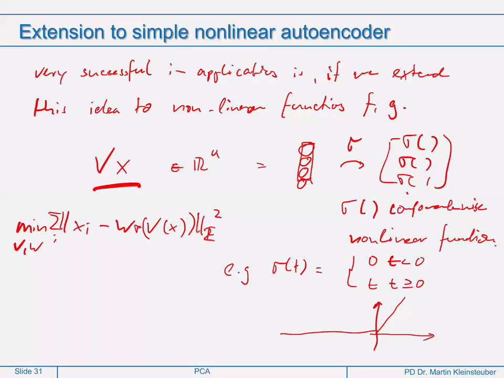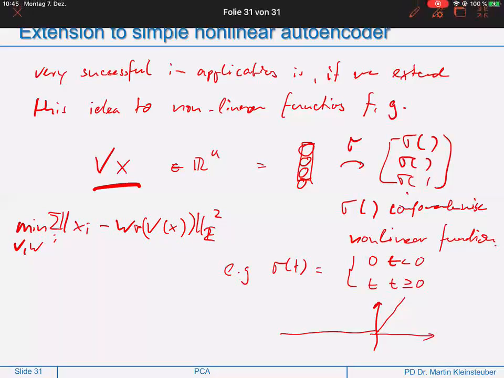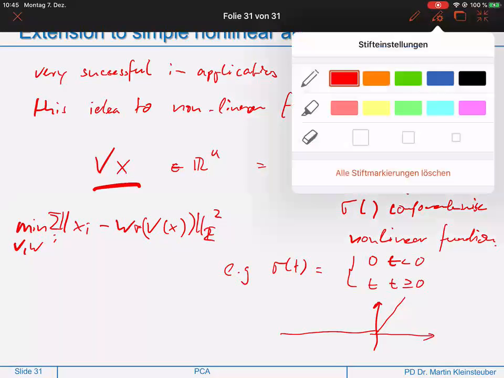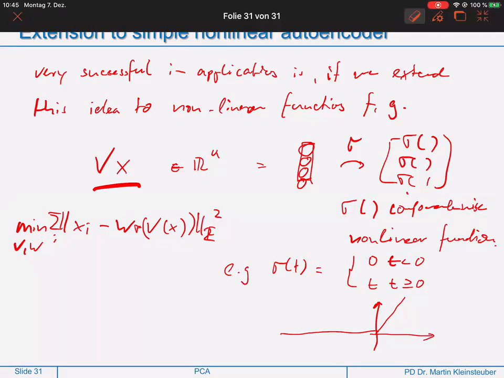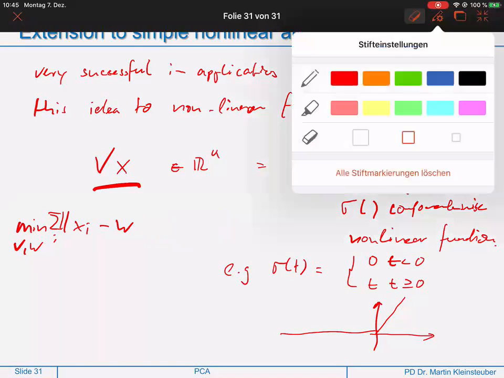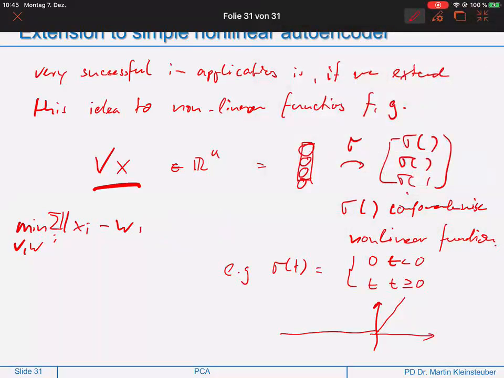Sorry, there was one bracket too much. So this is an optimization problem where you can also find the matrices V and W, but